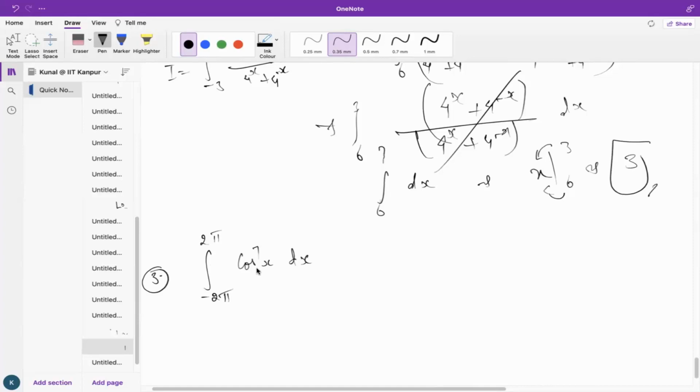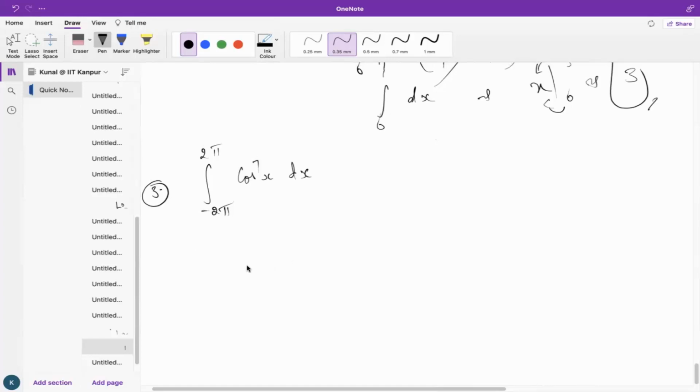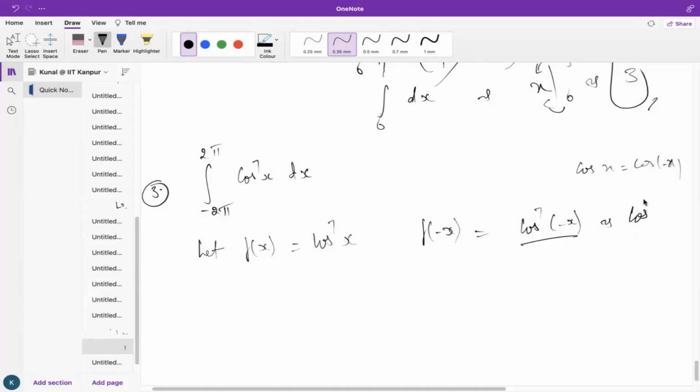What is our function? Cos to the power 7x dx. So let's check first. Our f(x) value is cos to the power 7x. So when we do f of minus x, cos to the power 7 of minus x, and we know that cos of x is equal to cos of minus x. So we get the same value. So we get f of x is equal to f of minus x. That means our function is an even function. So we have to apply here